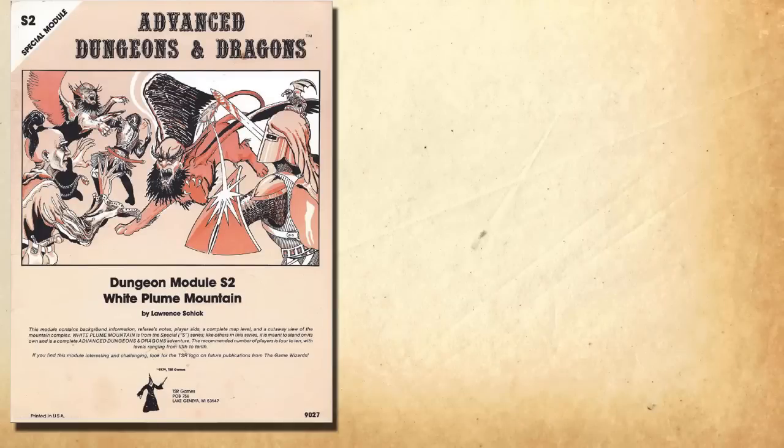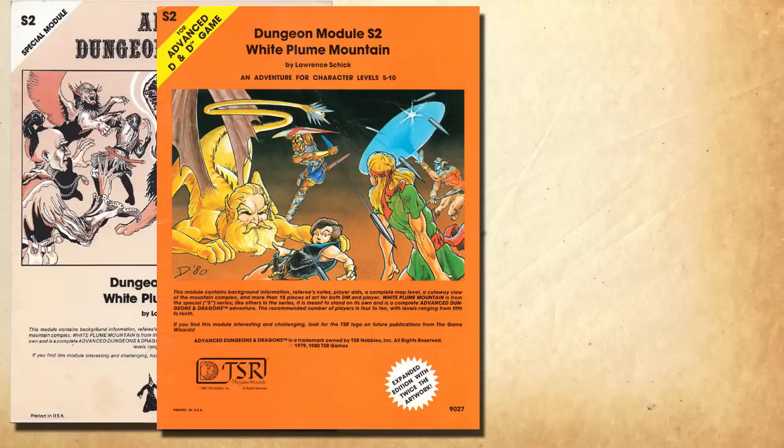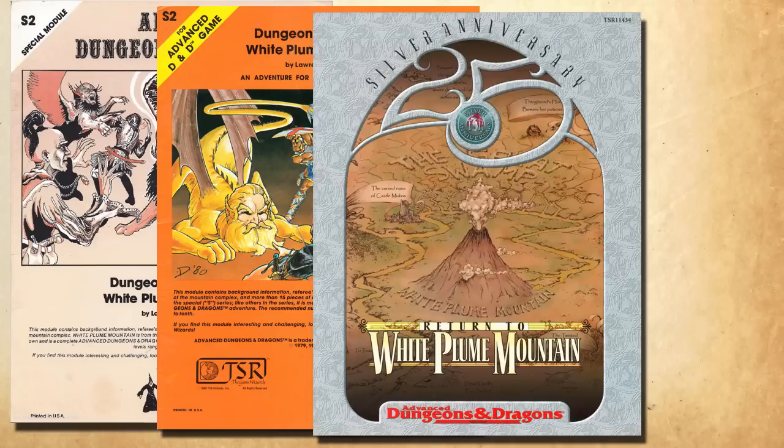Hello Internet, Seth Skorkowski, and today we're going to discuss the legendary Dungeons & Dragons adventure White Plume Mountain. Written by Lawrence Schick, the adventure was first published in 1979. Since then, it's had a re-release with expanded art, a second edition reprint and sequel Return to White Plume Mountain,